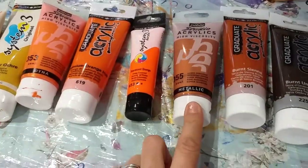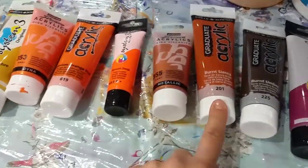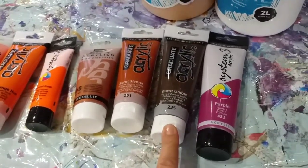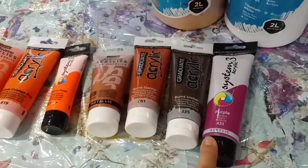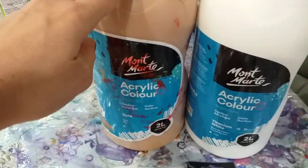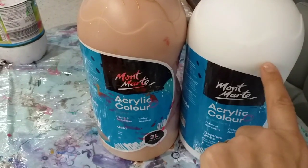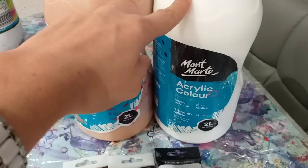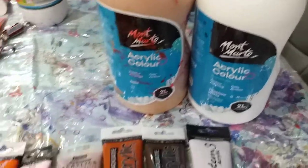Pebeo Copper, the De La Rowney Burnt Sienna, De La Rowney Burnt Umber, and then a System 3 Purple, along with my Montmartre Gold. I've got the white here because I'm actually going to mix up some cream, so I quite like mixing a little bit of white with a hint of gold, and it makes a really nice creamy